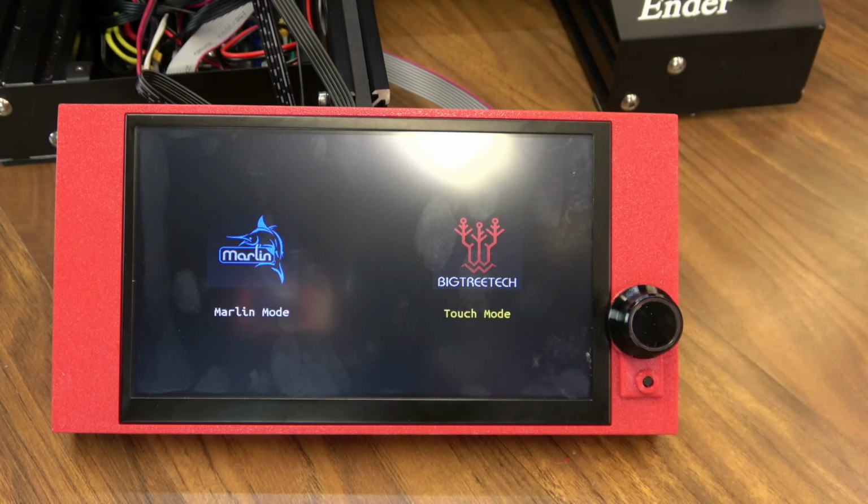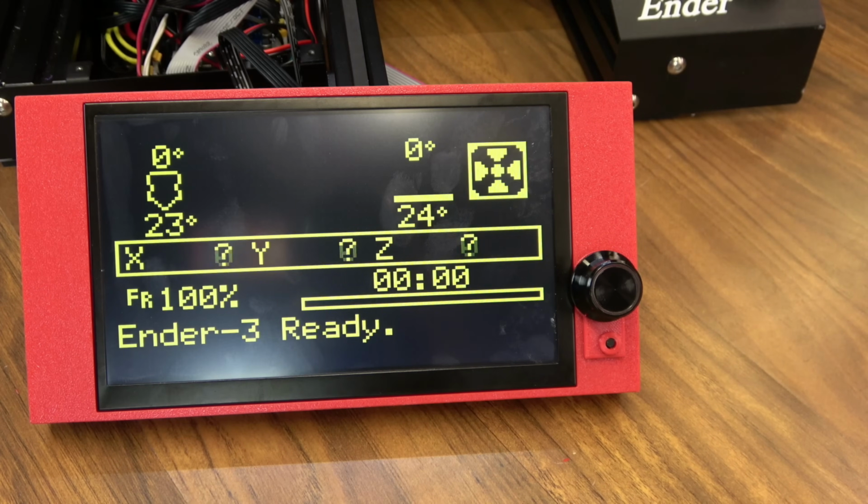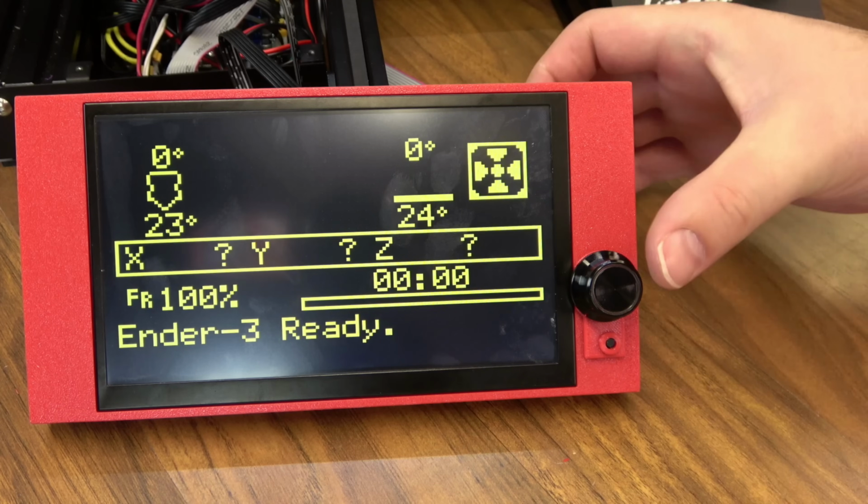Then it will let you choose via the touchscreen which mode you'd like to go in. If you want to go into Marlin mode, just tap it. Then we have the usual Marlin display in all of its giant glory. Now let's jump back to touchscreen mode just for a second, and we're going to take a look at the